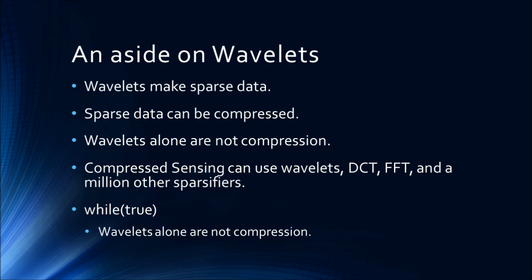Compressed sensing needs something to sparsify data, like a wavelet or DCT or an FFT or a million other sparsifiers. In fact, there's a whole branch that goes out and tries to find sparsifiers that are highly specific to your likely data. So if you've already had a moon mission and you get hold of some of the data, you can come up with a sparsifier that works well for moon mission temperatures and is likely to give you really good compression with your data. And if you haven't, then you take something a little more general purpose. Maybe we use wavelets, maybe we use DCT, etc.